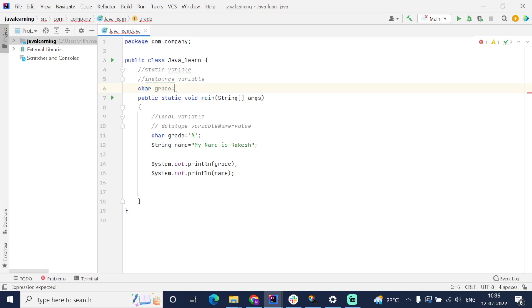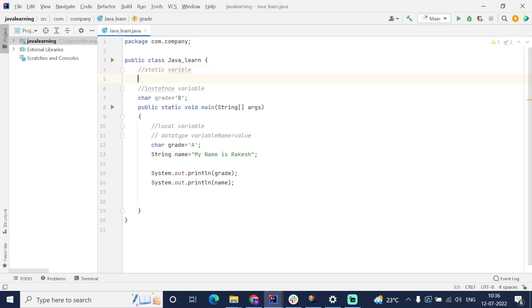Here is a big grade we are providing. So this is nothing but a different variable, because this is outside the class. So this is an instance variable, and for example, we have to declare the